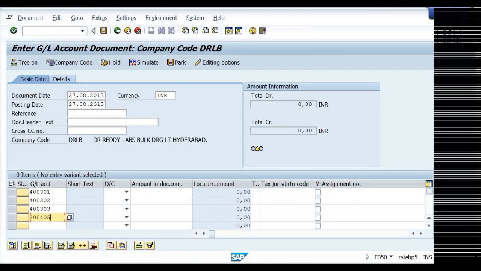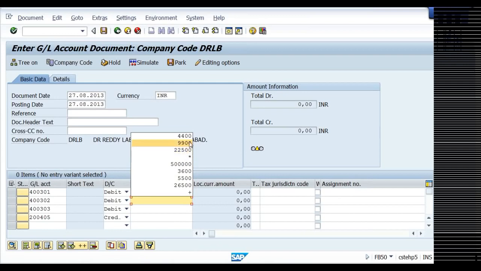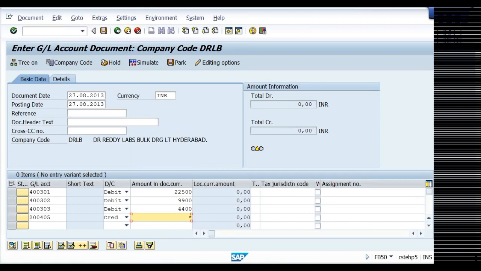These are all 4 expenses to current asset. These are all debit, debit, debit, and this is credit. Amounts 22,500, 9,900, 4,400, and here a star.